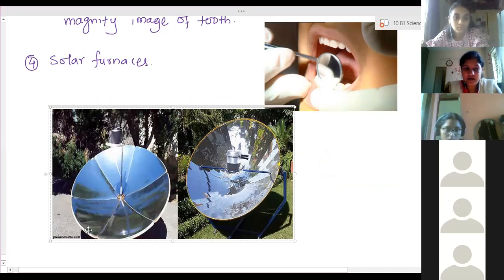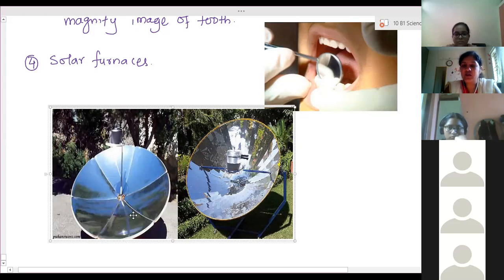This is a part which is smooth, polished, mirrored. You can see the reflections here. It's completely glazed, meaning it is completely polished. And what is the shape of it? You are able to see a concave part. This concave part is able to absorb sunlight, and they are able to focus the rays at one small portion.